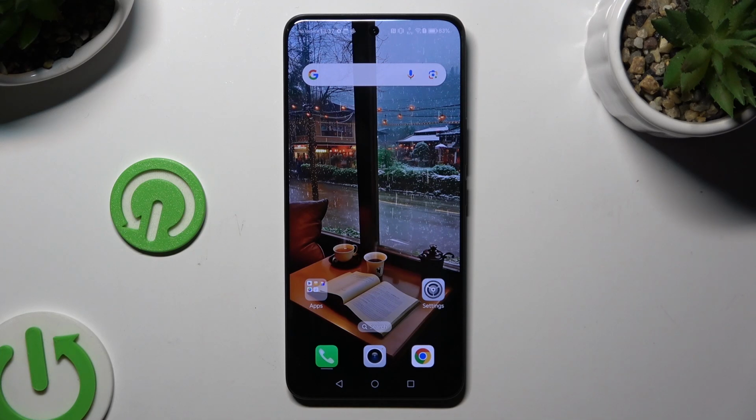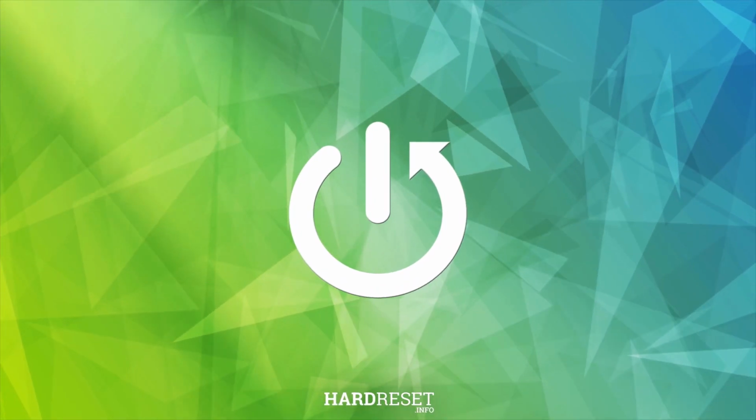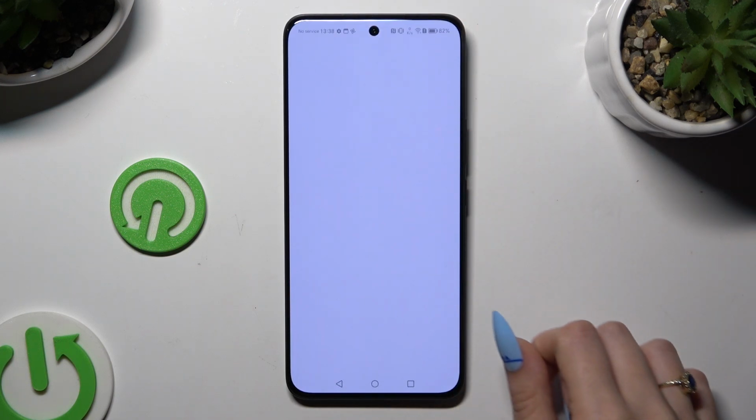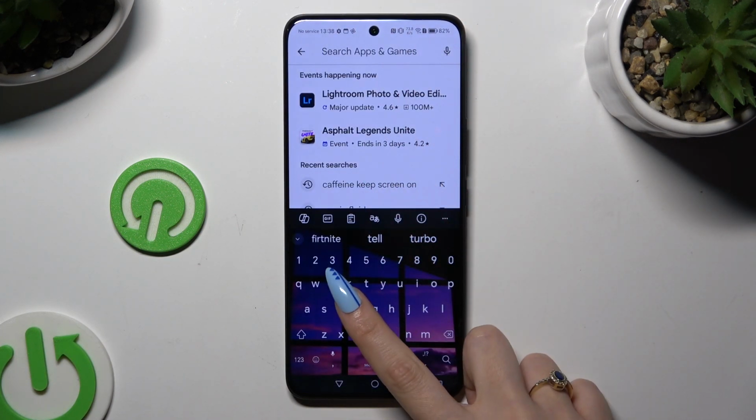In front of me is Honor 200, and today I would like to show you how you can change default apps. Begin by going into Play Store and downloading your new defaults. I will go with